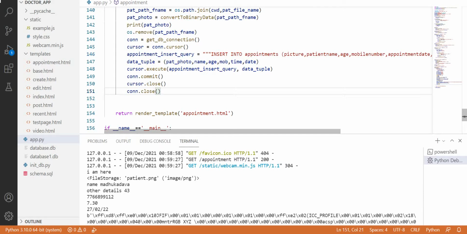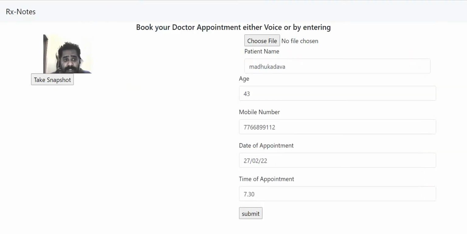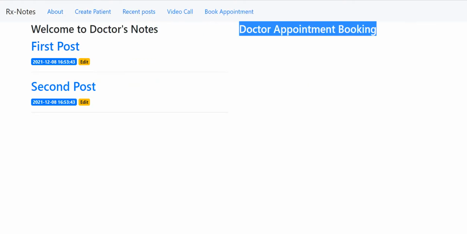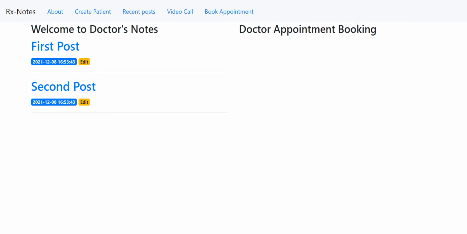So another use case I'm planning here is to populate this into a Google Sheets or Excel sheet, which is there on the server or in the local system, and then populate it back here. So in this doctor appointment area, I will populate it back, all the stuff. This area population I'm planning to do in a Google spreadsheet.